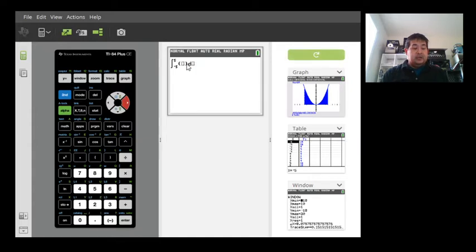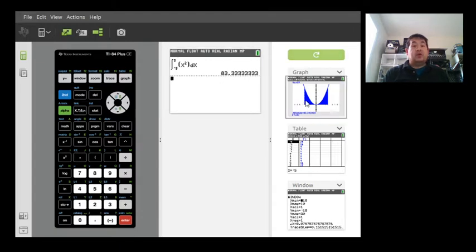And then enter the function here and differentiating with respect to x. And then the calculator will also compute for you that the true area under the curve, just like we did with this graphing method, is 83 1/3. Another nice function this calculator can do, hit the math button again,